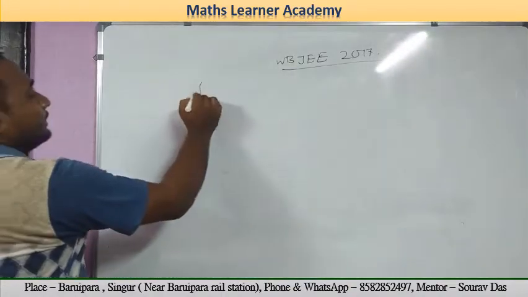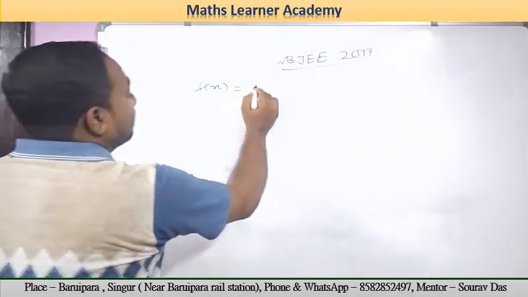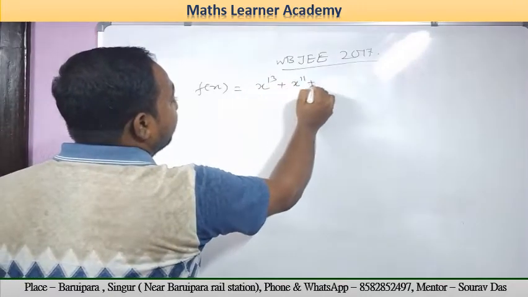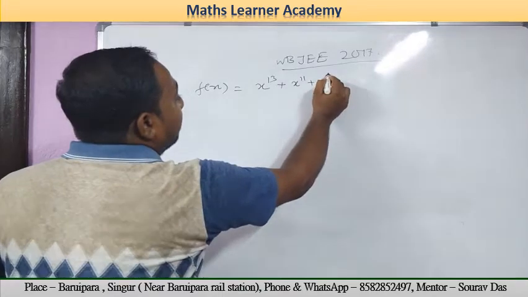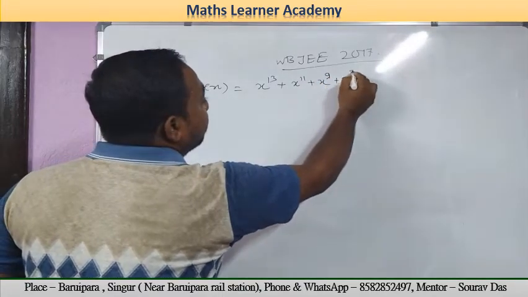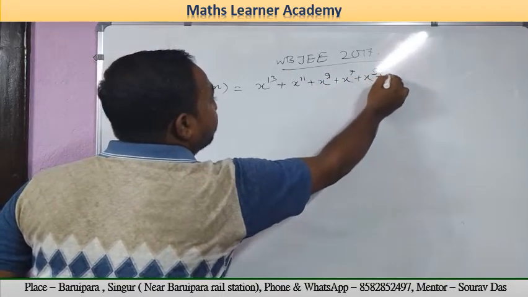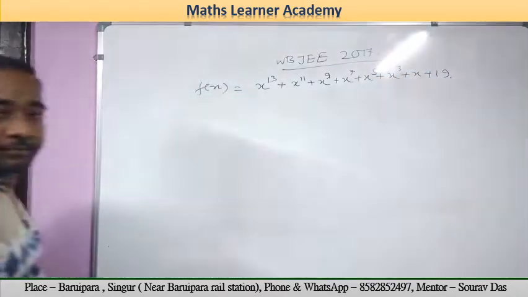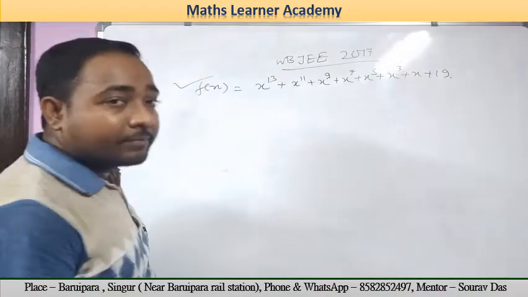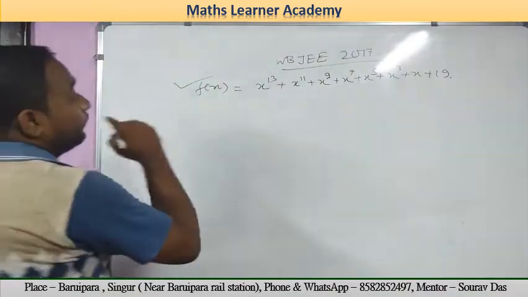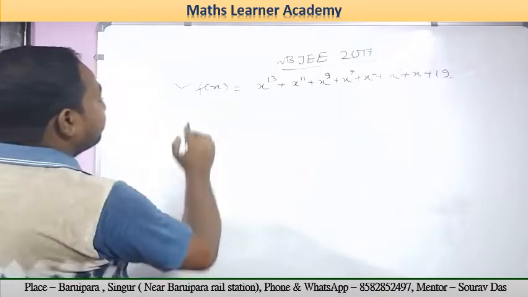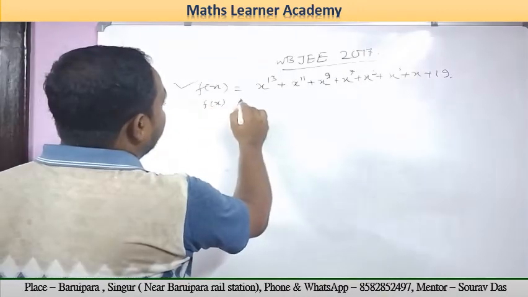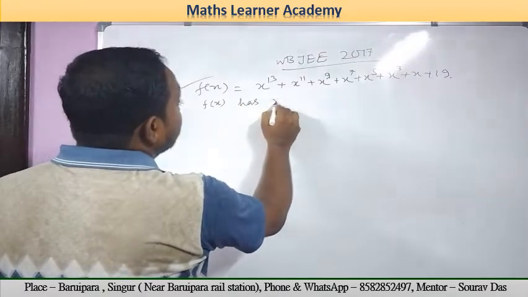So here my question is, suppose you are given a function f of x equals x to the power 13 plus x to the power 11 plus x to the power 9 plus x to the power 7 plus x to the power 5 plus x to the power 3 plus x plus 19. This is the function f of x, right? Now, this function f of x has roots,